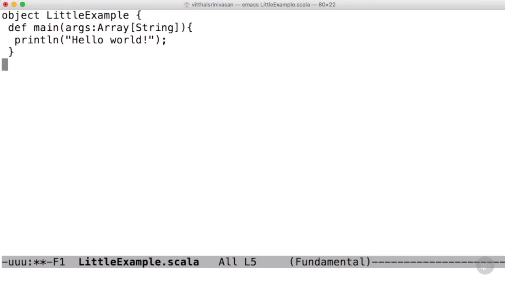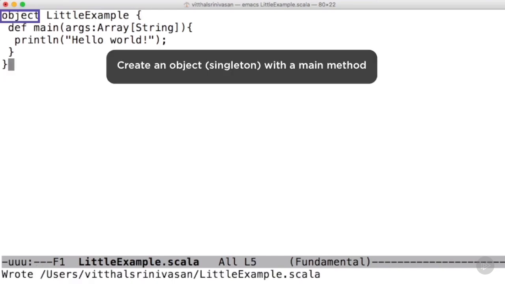Again, this should all be pretty familiar to a Java programmer, but even so, there is one little bit here that is worth pointing out, and that is the use of the word object. In Scala, the word object is used to refer to a singleton. This is a singleton object and it's different from a class. The word object has a slightly different meaning in Scala than it does in Java. In this particular course, we are going to focus on the functional rather than on the object-oriented aspects of Scala. But even so, this is something that you should remember.